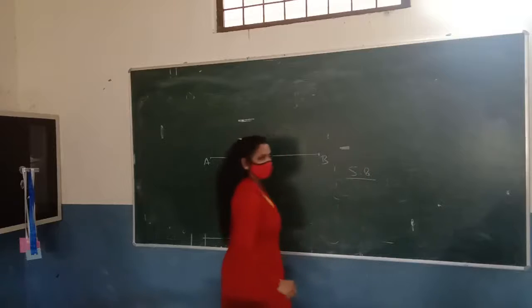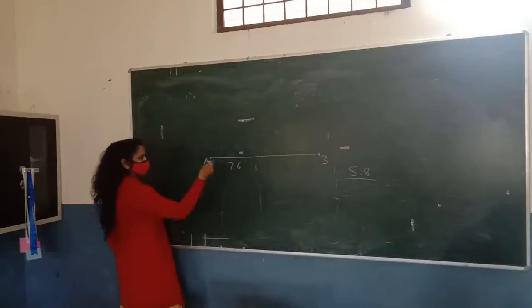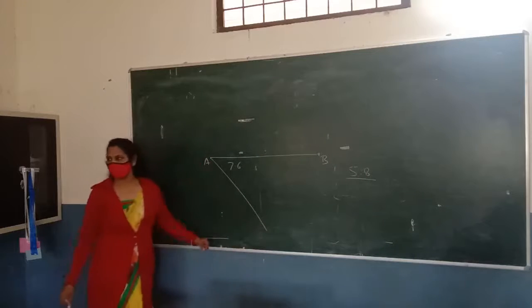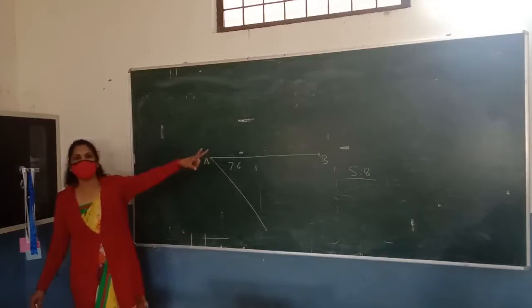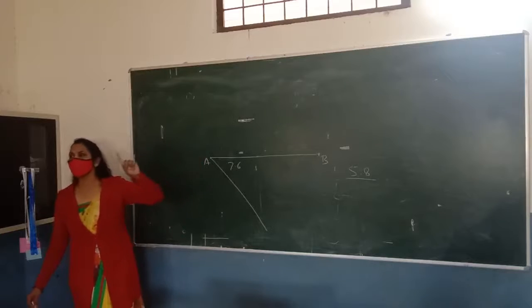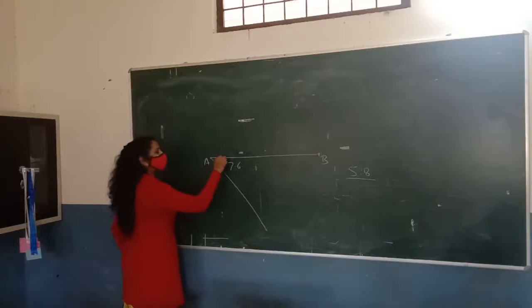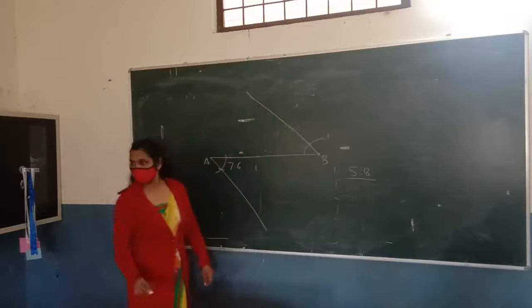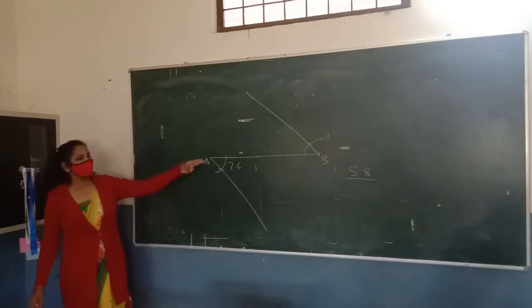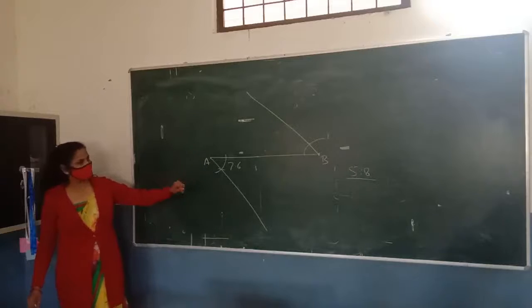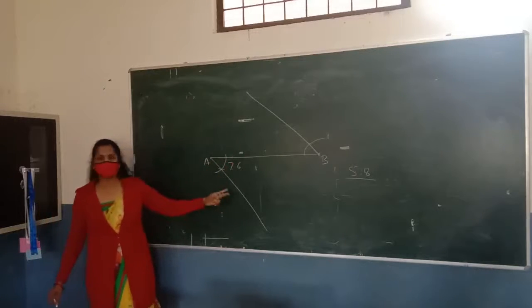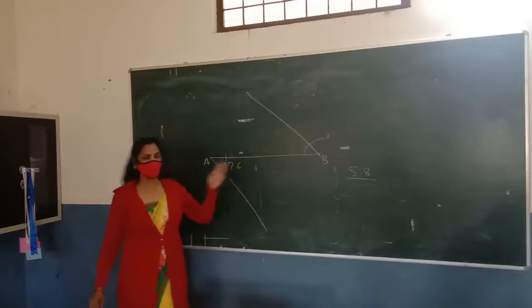There are two methods to solve these types of constructions. First one is to draw an acute angle from both sides, from A and from B. One thing you should remember is that these angles should be equal. It means you are preparing an angle of 60, then again from this side you make an angle of 60. So draw the acute angles from both sides. These lines will be parallel to each other if both the angles are equal, since they are alternate angles.